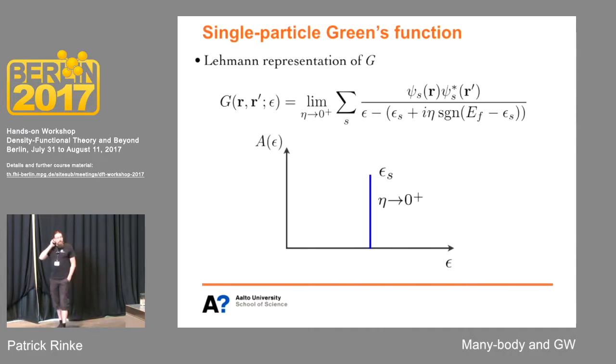So if you paid close attention, you might have seen that there is this eta going to 0 here, right? So if I plot this object here, what I'll get is actually just a delta function, right? And this makes sense because these are electron excitations, and the electron itself is an elementary particle. It cannot decay, you cannot break it, right? So its lifetime is always infinite. So this is somewhat contrary to our observation,